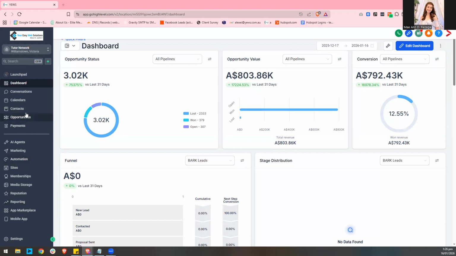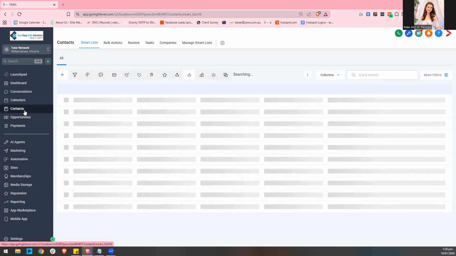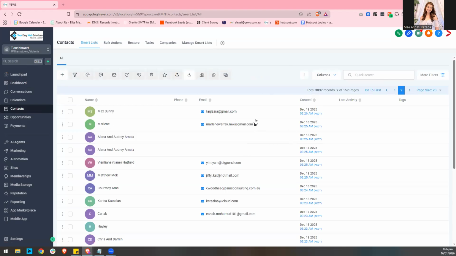Let's start with contacts. This is where all leads and clients are stored. Each contact record contains details like name, email address, phone numbers, tags, and custom fields collected from form or integrations.